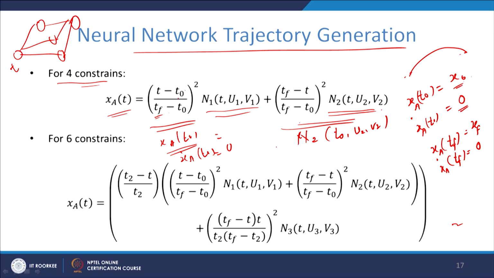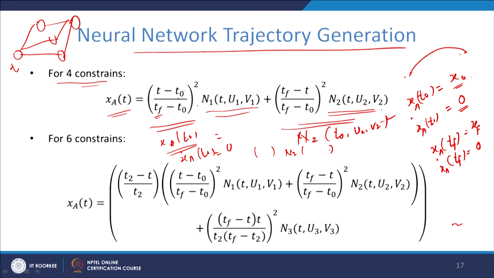So, our aim is to adjust the weights of the neural network for these two conditions, because in the first condition also the neural network comes, in the second also we will get some bracket into the neural network. The neural network should be trained in such a way that it satisfies these two conditions, and the weights are calculated using the iterative method, because the outputs are given and U2 and V2 should be calculated.